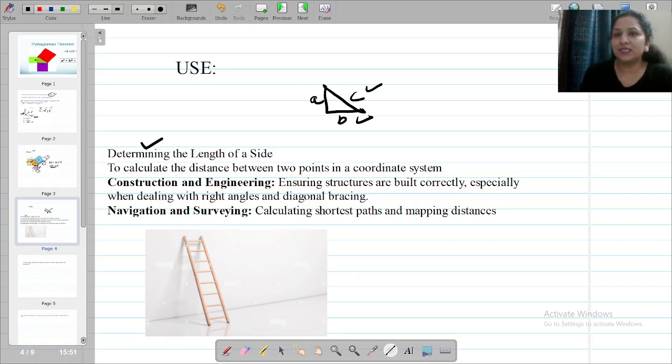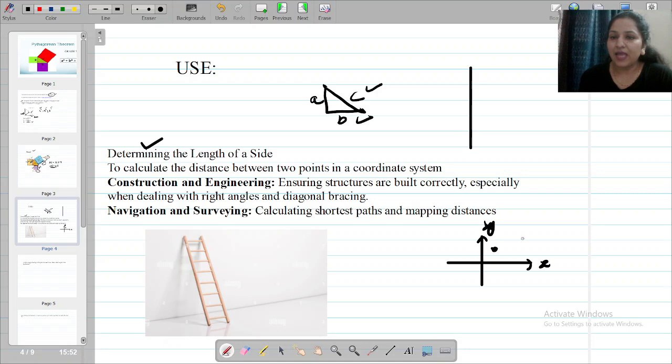What is a coordinate system? It looks something like this. When we draw a bar graph on a graph paper, what do we generally do? We make some x's and then the bar. This is basically the x and the y. These are the coordinate axis. So if I have any 2 points here on the coordinate axis, I can easily find the distance between 2 points using the Pythagoras property.